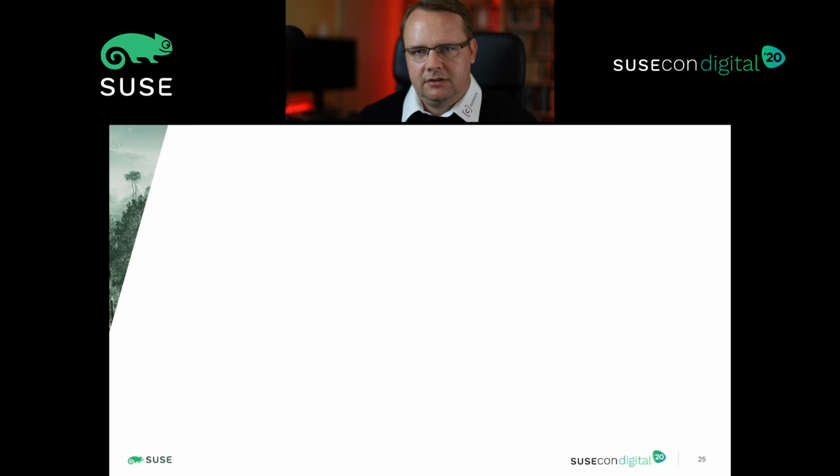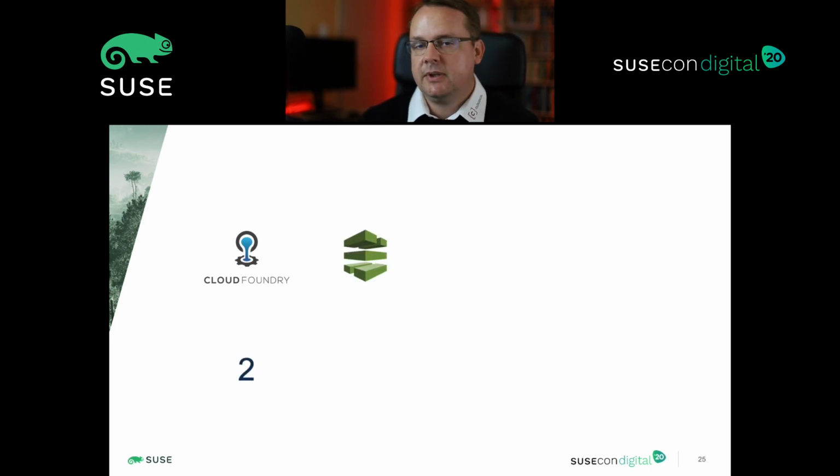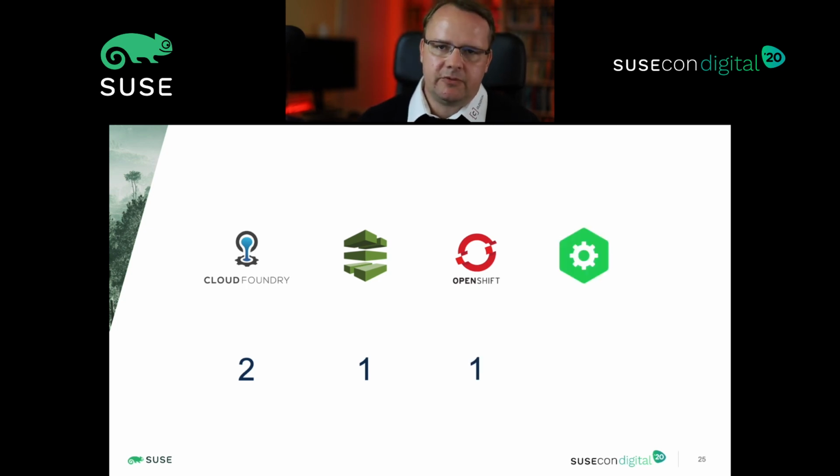Now, let's again give some points. Cloud Foundry gets 2 points because it provides us with an automated build pipeline, and it allows us to customize builds according to our needs. The cloud vendors get 1 point because you are able to define your own build pipeline and to maintain it. The same is true for Red Hat OpenShift, and SUSE Cloud Application Platform gets another 2 points because all the advantages of Cloud Foundry apply here as well. Plus, you get the SUSE approved build packs.